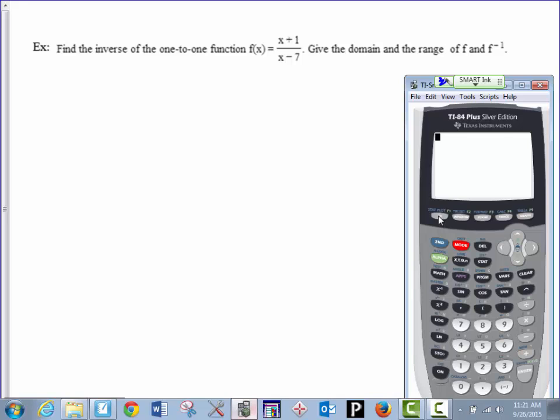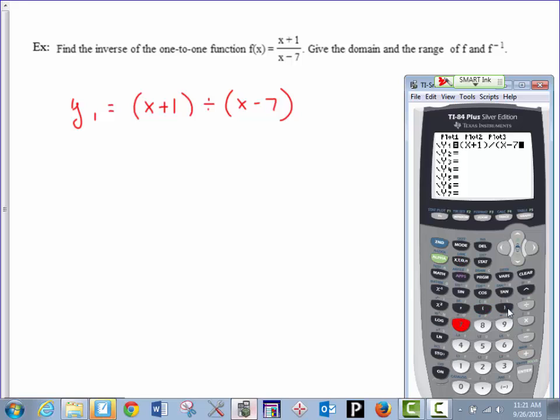So go to y equals. If you have something there, clear it out. Make sure that you use parentheses when you're entering this in our calculator. So y1 should be entered as parentheses x plus 1 divide by parentheses x minus 7. Anytime you have a fractional or rational type expression, you need to make sure to put parentheses around the numerator and the denominator. So I'll do parentheses x plus 1, close parentheses, divided by, open parentheses, x minus 7, close